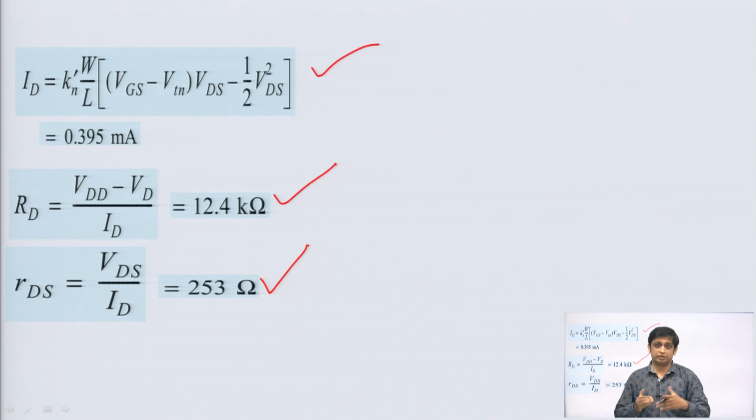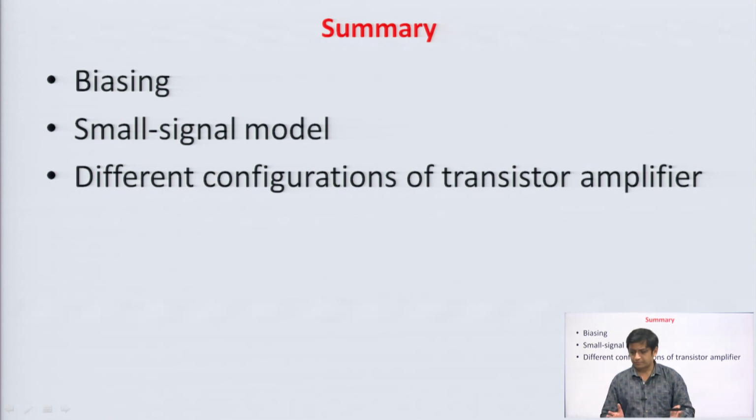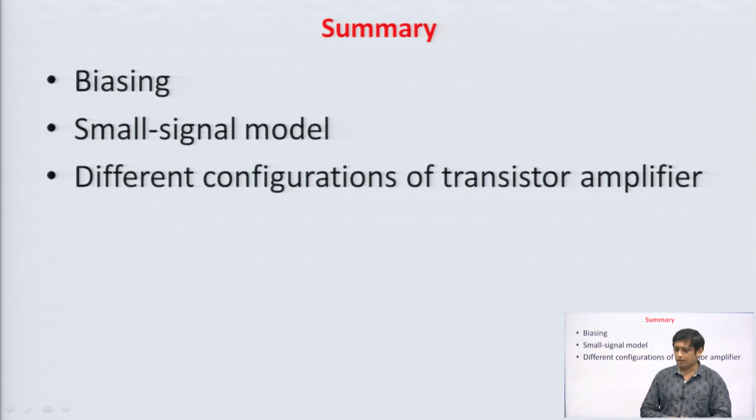So, just do some more practice from your book, fine, do more numericals, because if you practice more, then you will better understand how to find out the region of operation, how to use the equations, fine. So, in this particular unit 1, till now I have discussed the different biasing techniques in transistor, that is in BJT and MOSFET both.